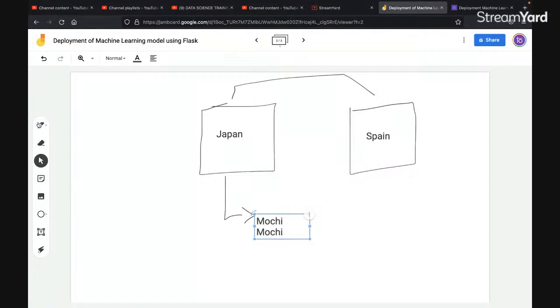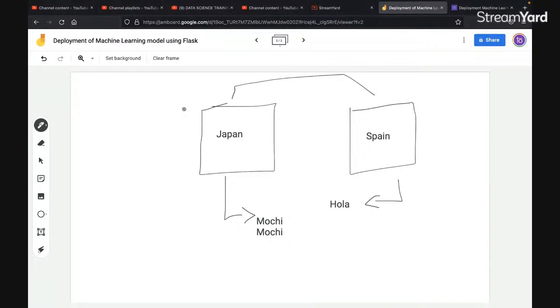In a similar way, when the Spanish person reaches out to the Japanese person, he says, "Hola." Again confusion arises. What exactly are you talking about? In this case, do you think it will be easy for these two guys to communicate with each other if they don't know each other's language? Come on, it will be very, very difficult, right?